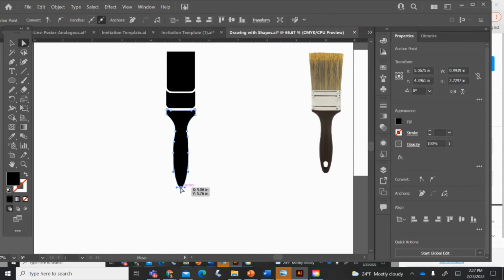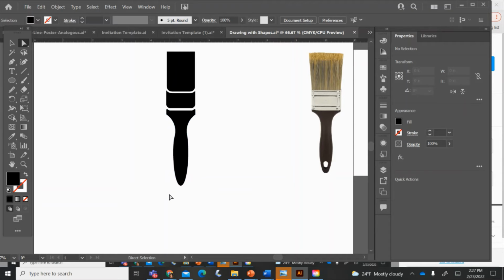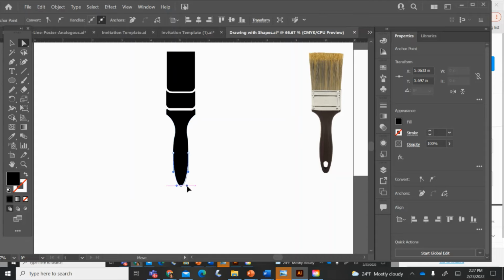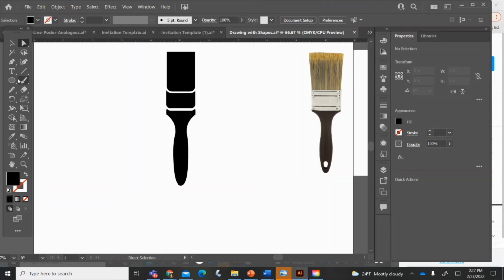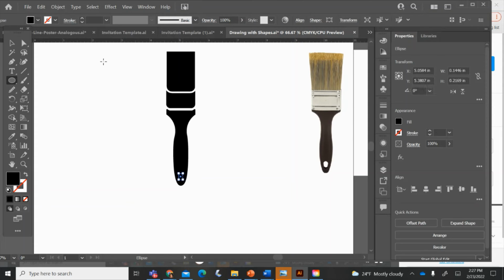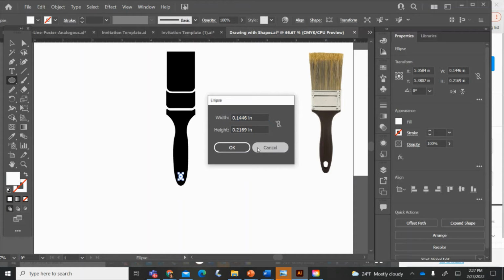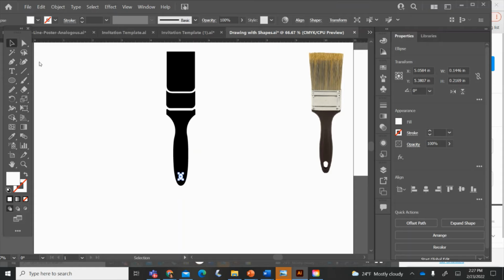And like I said, it doesn't have to look exactly the same, but just so you can remember, you can change the anchor points. If you want something to be less curved, you can always flatten it. These little handles flatten things out. And then of course I could just do an ellipse tool in the center and add a white fill. So right here, I've just created a pretty decent